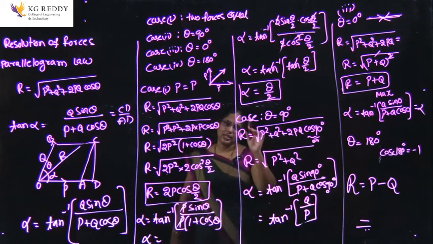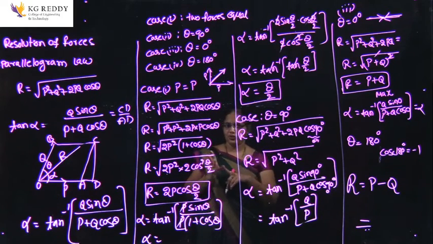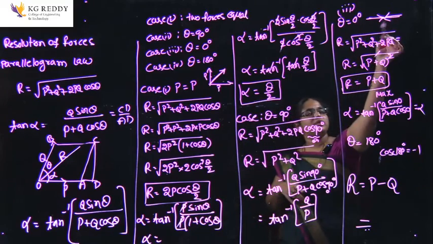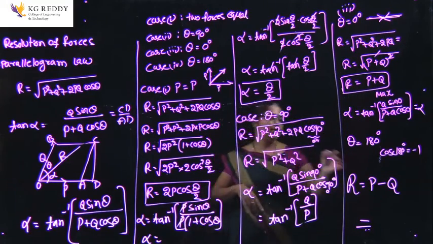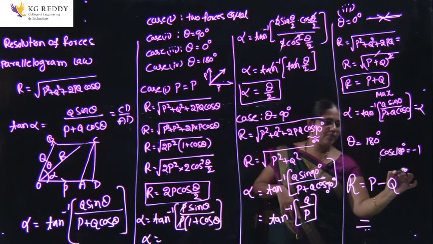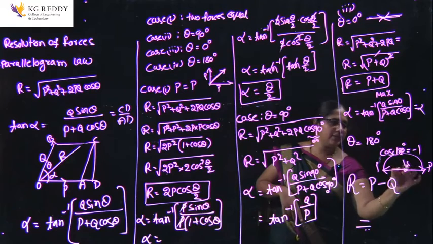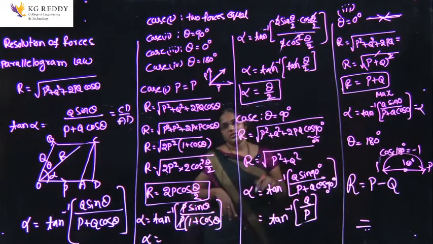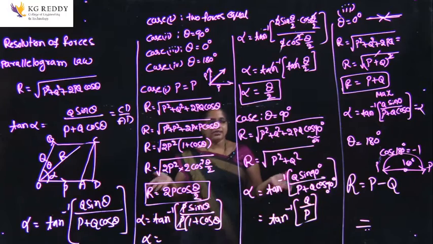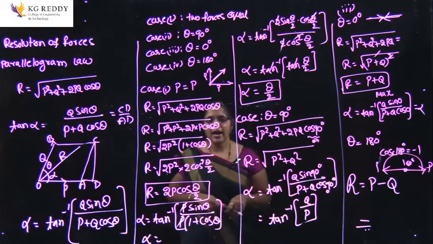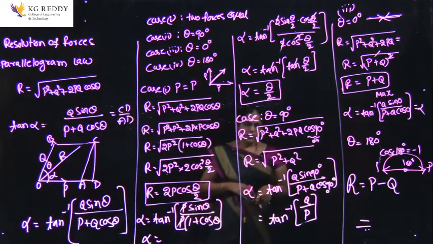So, the first case is two forces equal, P and Q with the same magnitude. The second case is whenever theta is a right angle, that means theta equals 90 degrees. Then theta equals 0, and theta equals 180 degrees. So, 180 degrees is, at the same point, one force going like this and one force going like this, therefore the angle is 180 degrees. Okay. So, based on these four cases, these are the resultants as well as the resultant angles. We will solve the problems in the next class.